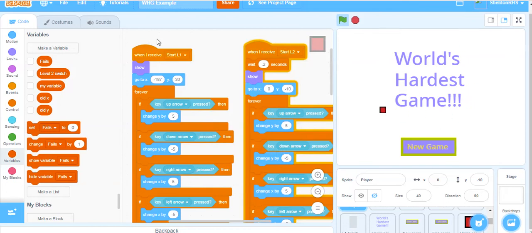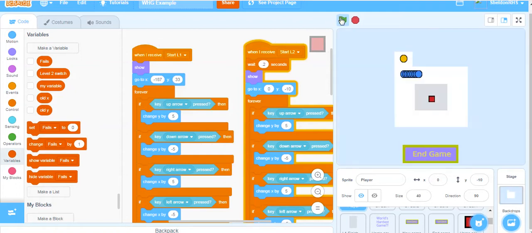Alright, welcome to the world's hardest game, Coding Level 2. We're going to code Level 2 in a series of 3 videos where we create this level right here. So we have our player right here in the middle. You can see it's in the finish line already, and we need to sneak out. We need to pick up this yellow dot and then make it back here to end the level, end the